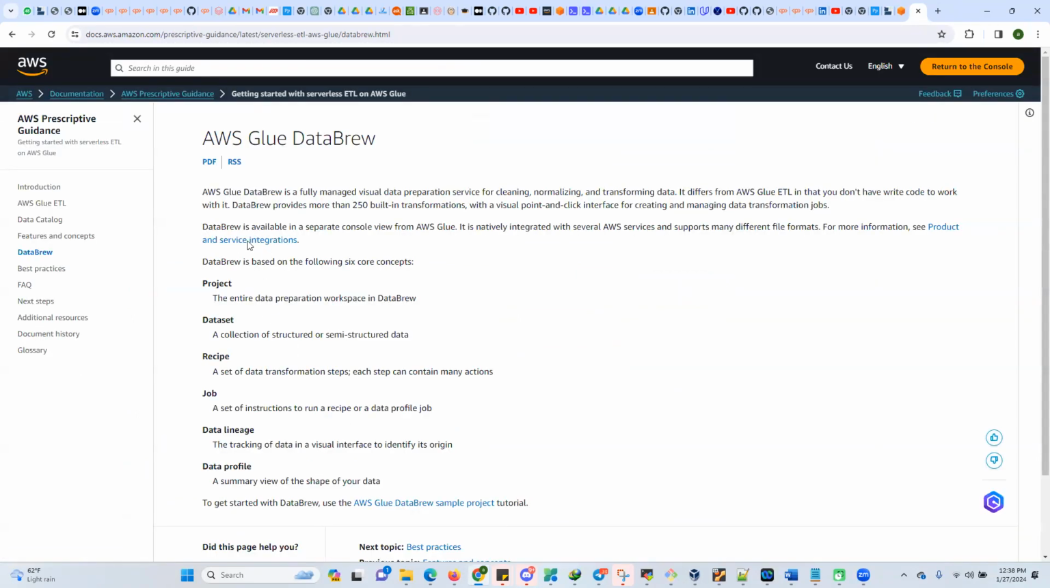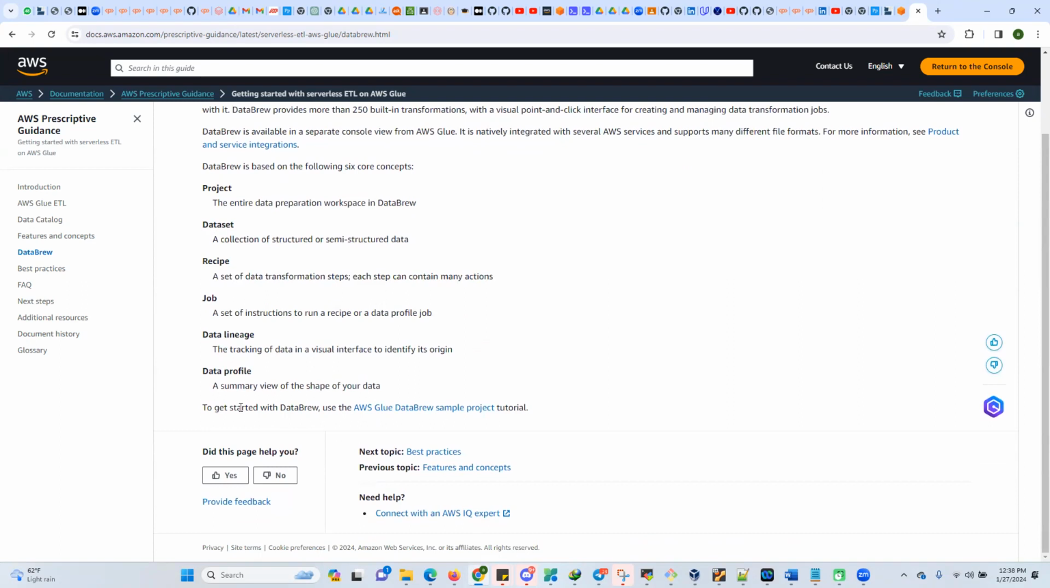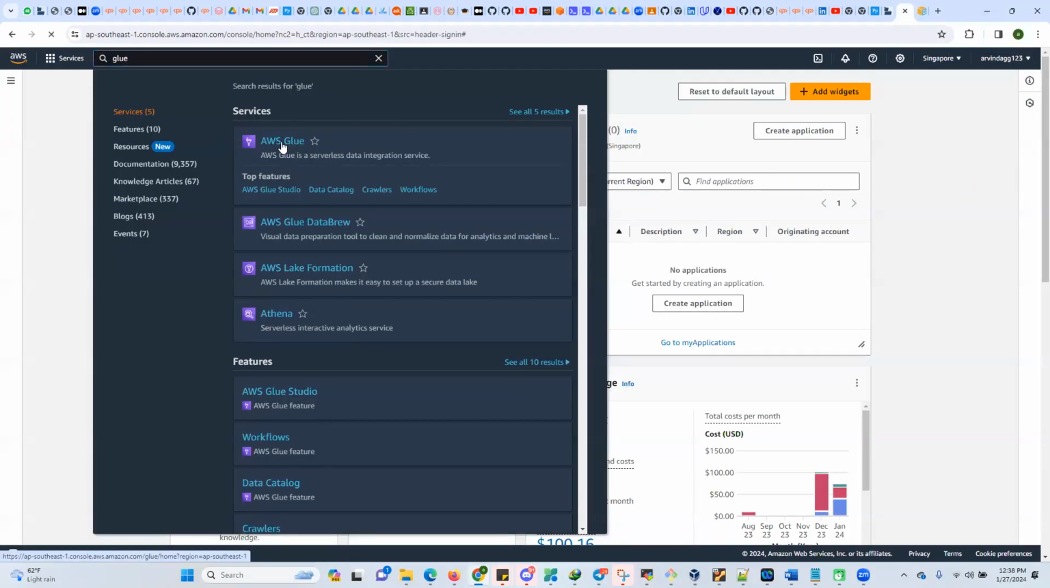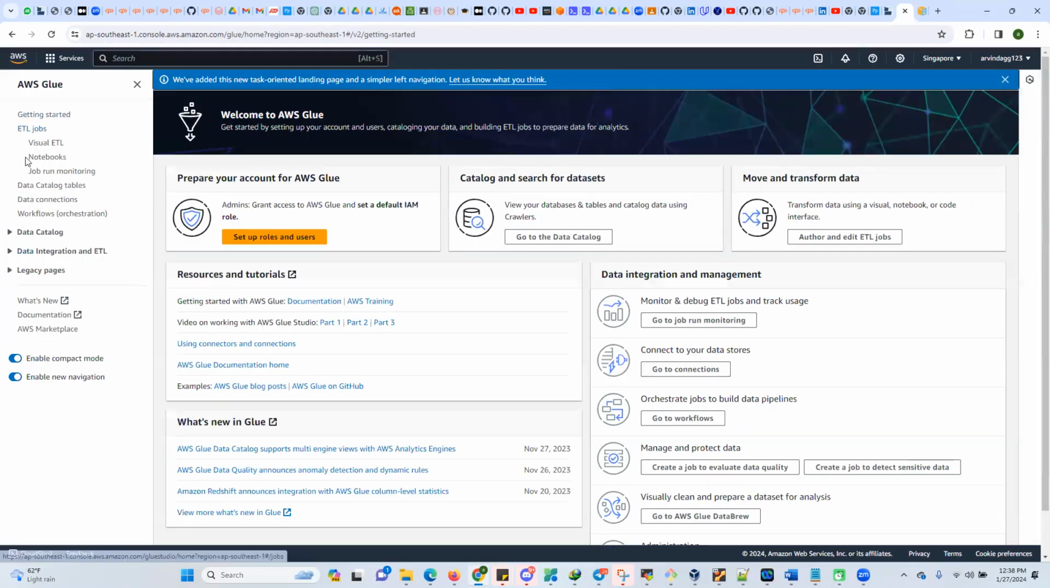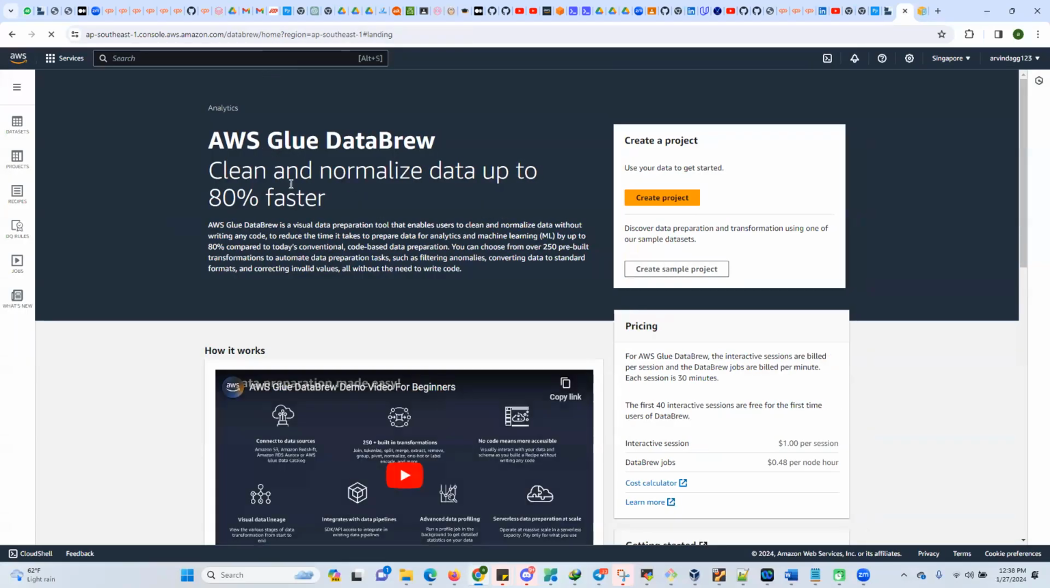So these are the components, the 6 concepts: project, data set, recipes, job, data lineage, data profile. So this option you can find when you go to AWS Glue. If you click on this AWS DataBrew, it will take you to the home of DataBrew. Actually, they have given a complete separate